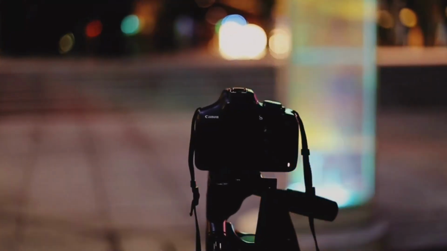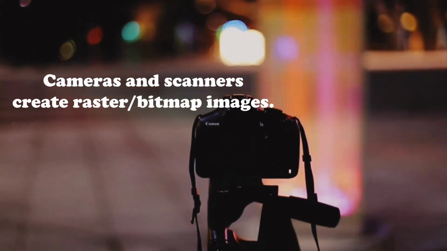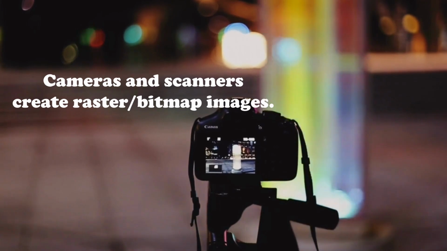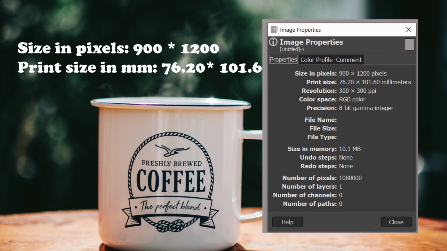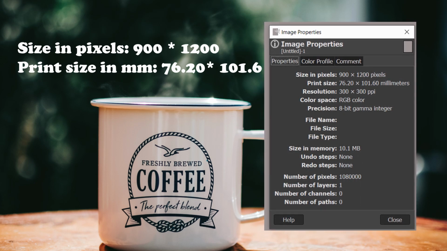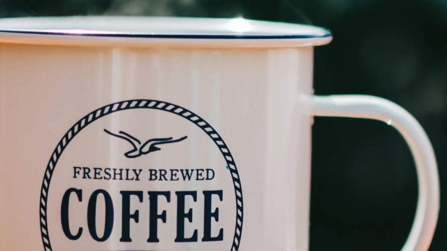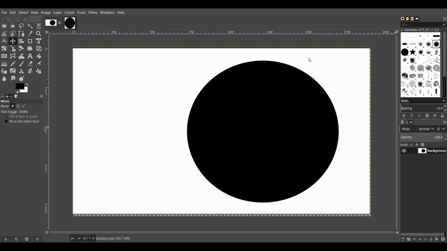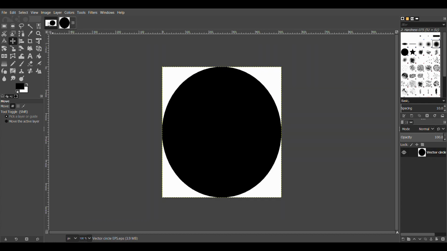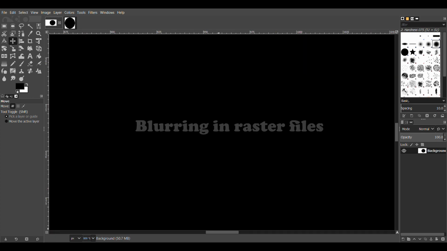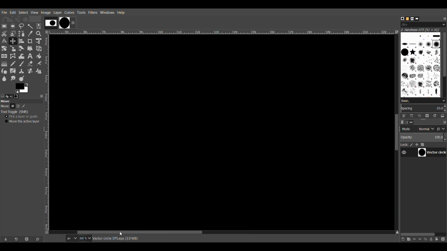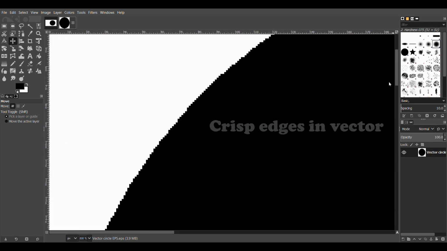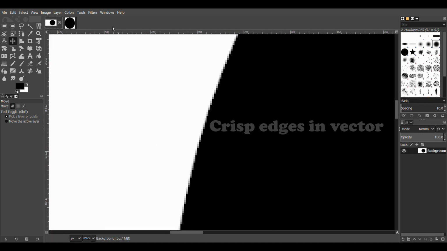Now, all images which are generated using a camera or via scanning something are raster images or bitmap images, as they have a defined resolution. If these images were to be printed on a physical object, they would print fine for their equivalent resolution in inches. But try fitting it into a larger size and the image pixelates. This is where vector images are helpful. Instead of pixels, vector images are composed of paths. These paths or shapes, a sample of which you can see in the images, are mathematically created, which keeps the overall shape and crispiness of the vector image intact when they are scaled.